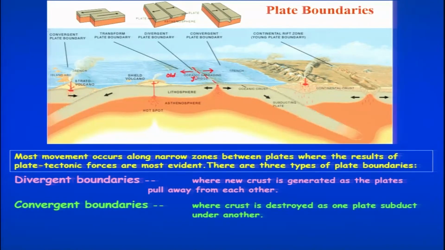Then we have another one, the convergent plate boundary, where crust is destroyed as one plate subducts under another one. These are the convergent plate boundaries where the oceanic plate is subducting below the continental plate, or you are having an oceanic plate subducting below an oceanic plate. Now, the older oceanic plates will be relatively heavier than the younger ones. So, this will subduct below the